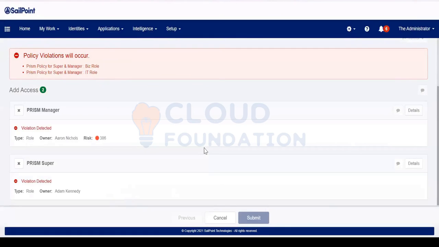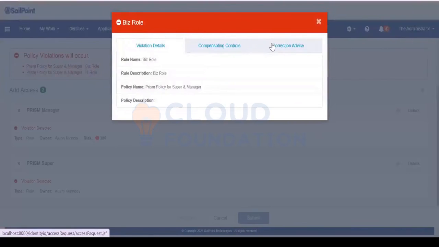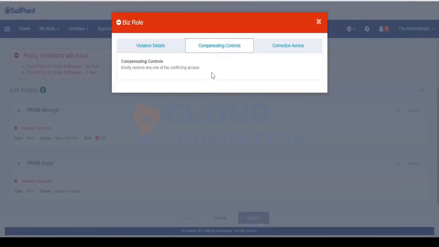See, this time SailPoint is providing an opportunity to the requester to remove any one of the accesses. Now the Submit button is grayed out. The requester cannot submit the request unless they remove any one of them. The moment the requester clicks on this, the correction advice and control will be there.